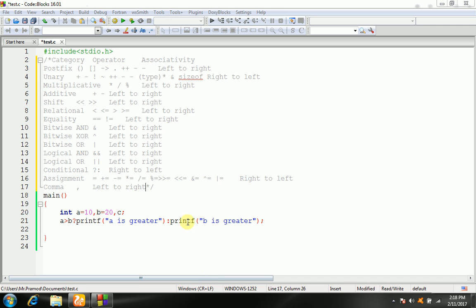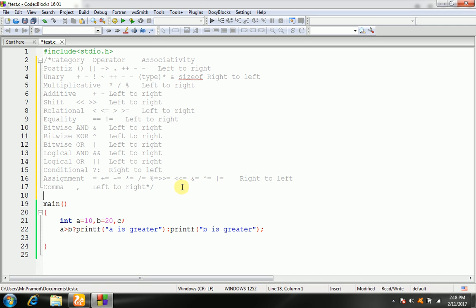For example, we write here an expression: x equal to 8 plus 3 into 5. This is the expression.